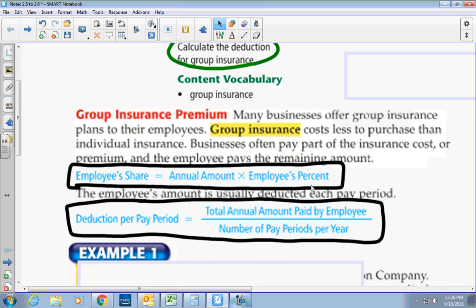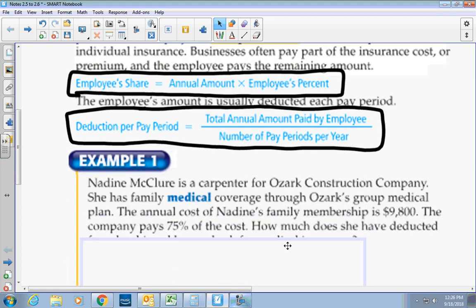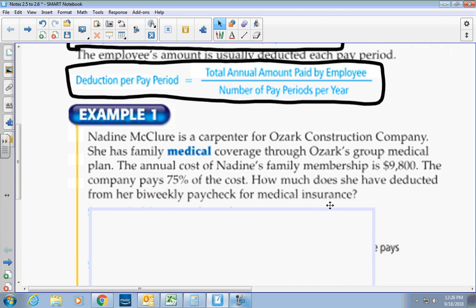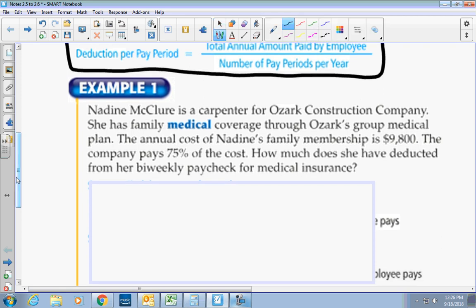Let's try an example problem. We're going to look at the case of Nadine McClure. She's a carpenter for Ozark Construction Company. She has family medical coverage through the company's group medical plan. The annual cost of the membership is $9,800. You guys go ahead and underline that. We're going to use it. The company pays 75% of the cost. We're going to underline company pays 75%. How much does she have deducted from her bi-weekly paycheck? We're also going to underline bi-weekly